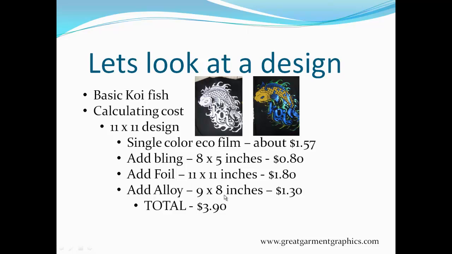Now if I want to add in alloy, that one's a little bit more expensive in material. It's very stretchable, like we said before, it's a specialty film, and that one there, just for the section where the blues are, it works out to be 9 by 8 inches or $1.30. So I have a total down here, but this total is for the second design. For the koi fish on the right with all the different colors, the total cost for that was $3.90 for just the films,